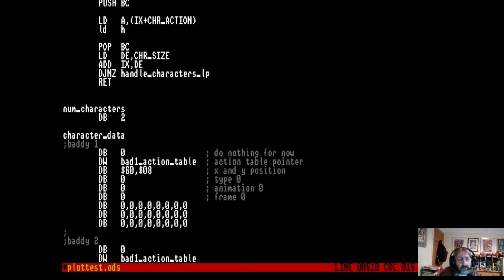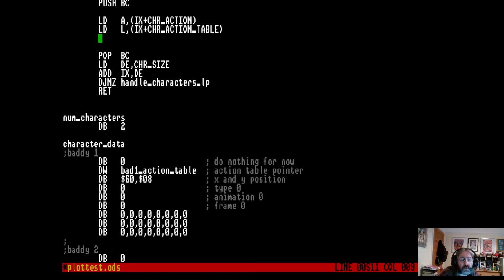Load L, comma, bracket IX plus CHR. In memory, when you do a DW, because the Z80 is little endian, it stores the lower byte first and then the higher byte. So you get L with action underscore table, and then load